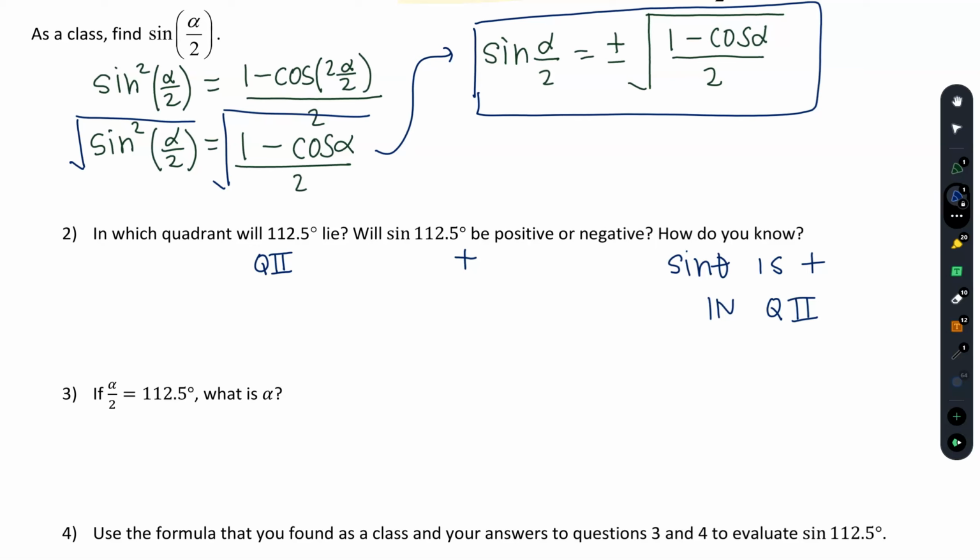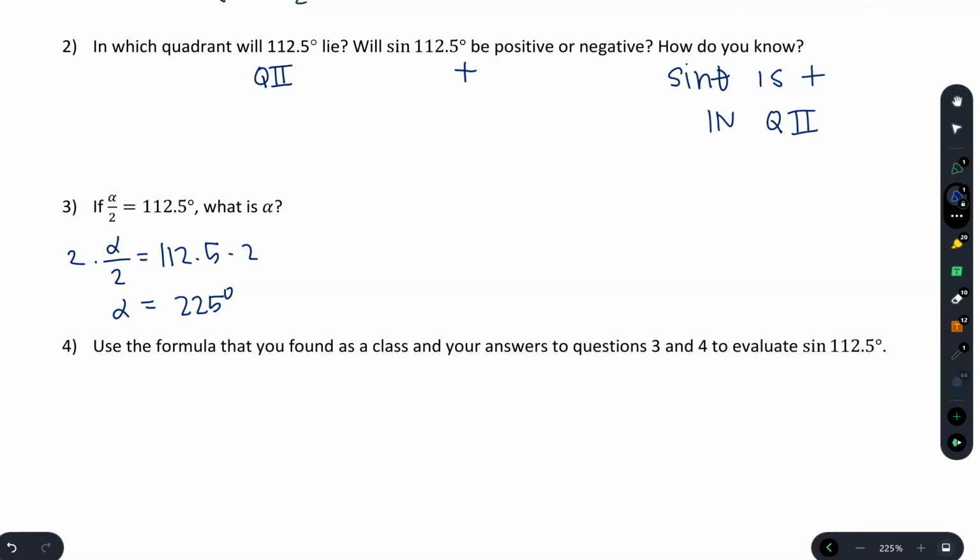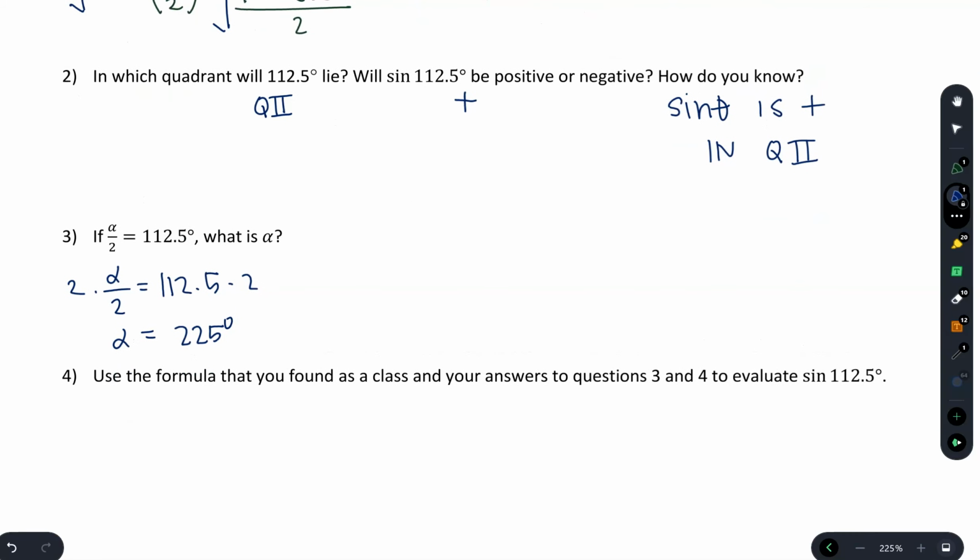So what would I do to find out what alpha was? What would I do to both sides? I would multiply by 2. So if I multiply by 2, I'll get that alpha is going to be 225 degrees. Okay, so if I want to use my formula here, my alpha over 2,